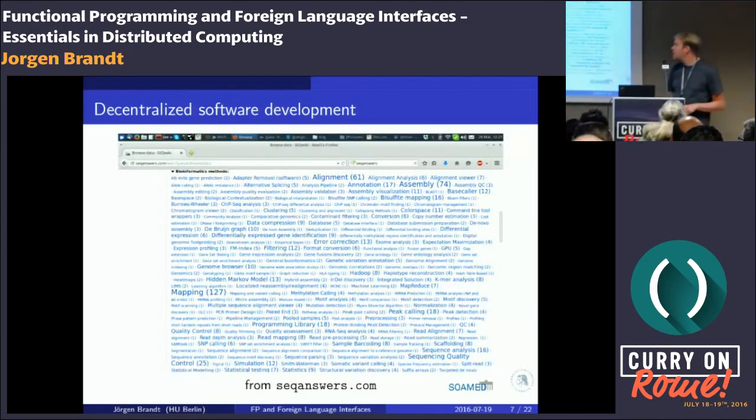And the next problem is that if we look at this scientific domain and all the people that work in there and all the universities that contribute software, it turns out that this is a very diverse field with many people and many